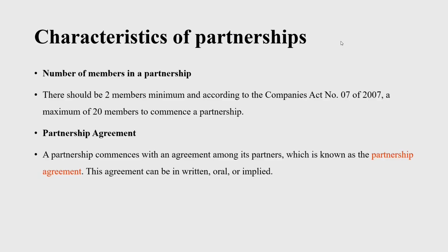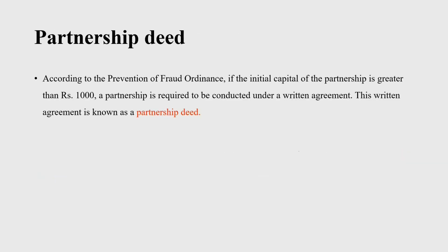In a partnership business, there is a special agreement among the partners, which is a partnership agreement. This type of agreement says how to distribute profits among the partners, the way of recruiting a new member, continuity of business, likewise many other agreements that affect different aspects of the business. This agreement can be in written, oral, or implied form. When the partnership agreement is written, it is called a partnership deed.